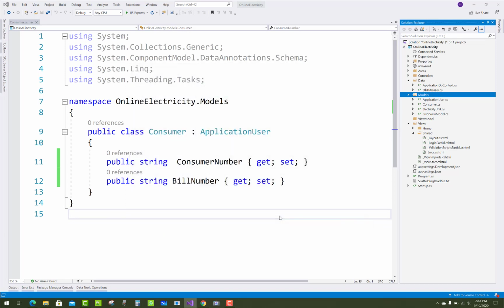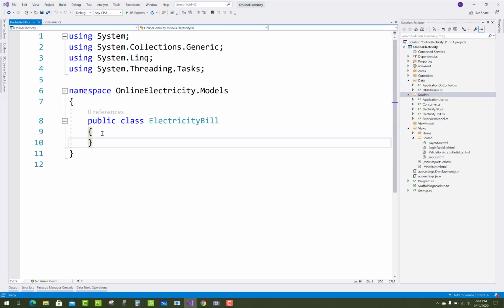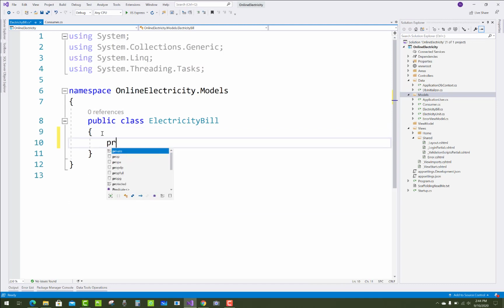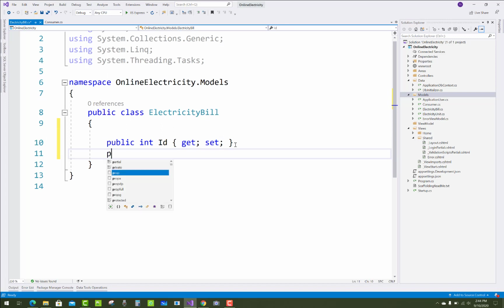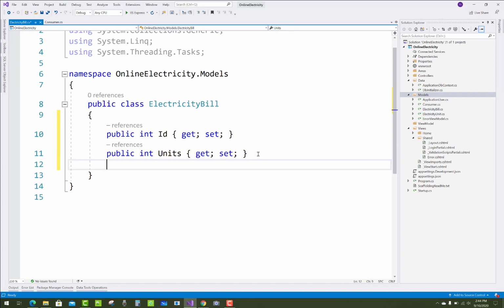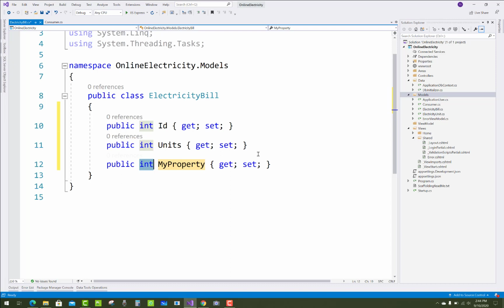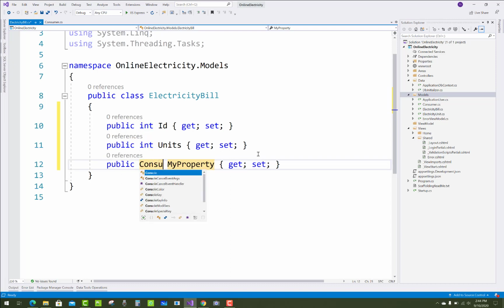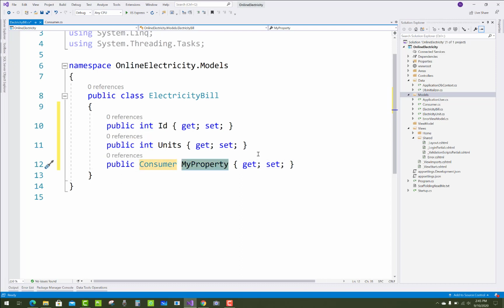Add a new class, the ElectricityBill, which has some fields related to the electricity bill, like the updated date, end date, generated bill date, the amount, the related consumer, and how much unit is used. So an integer Units, the ElectricityBill ID, and the bill number is also mentioned in the ElectricityBill.